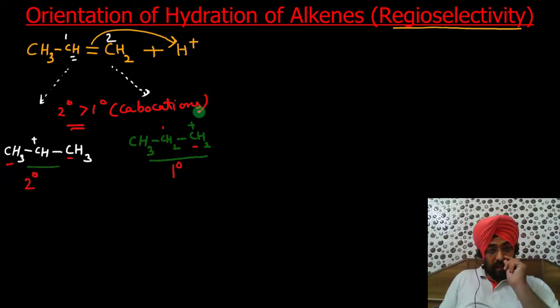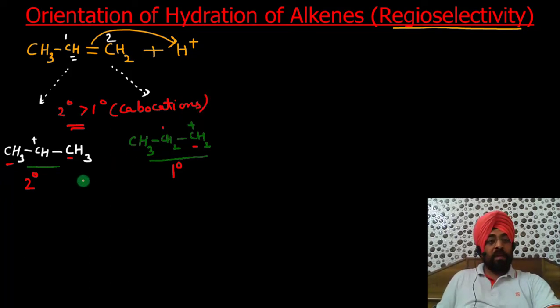I will make a different lecture some other day. So now the first step will lead to this carbocation, which is more stable. This will also be found, but its concentration will be quite less, so it will lead to minor product. This will lead to major product, this will lead to minor product. Now let us write what will be the product. So I will simply now write the possibility which is more stable.